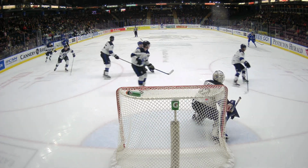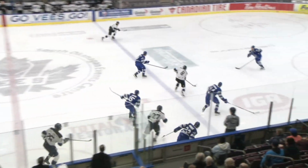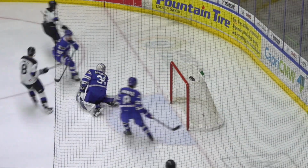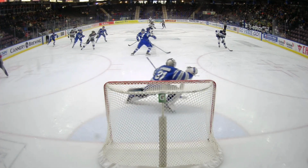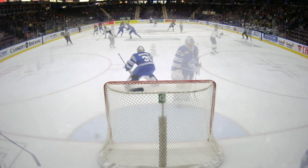One more look at it here from behind the net. Great play, great tap in. And the Nadeau brothers combined there to make it 3-0. The party was muted a little bit because just 11 seconds later, Parker Murray scored his 19th at 11:27, squeaking it through the arms of DePasquale to make it a 3-1 game as he muscled that one in